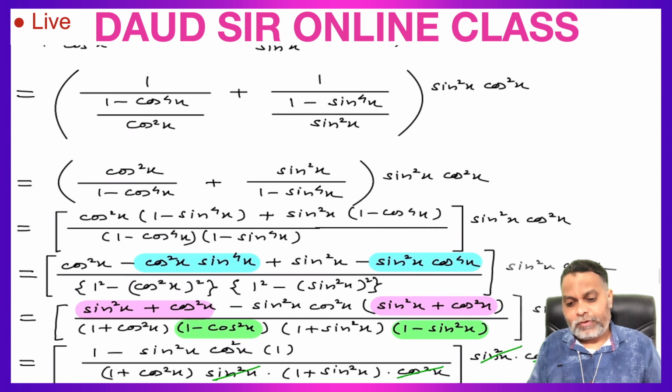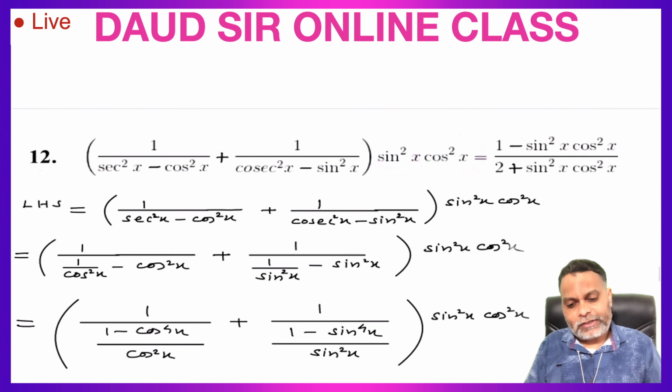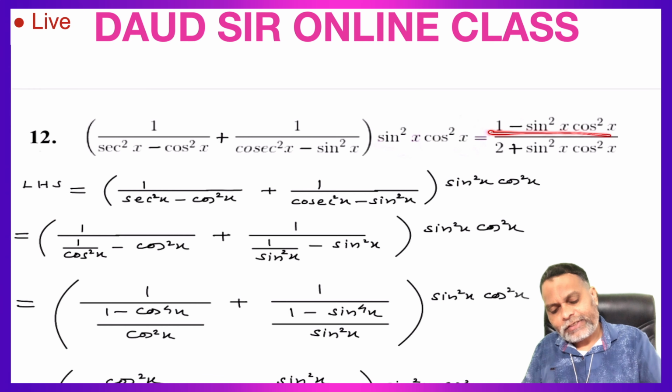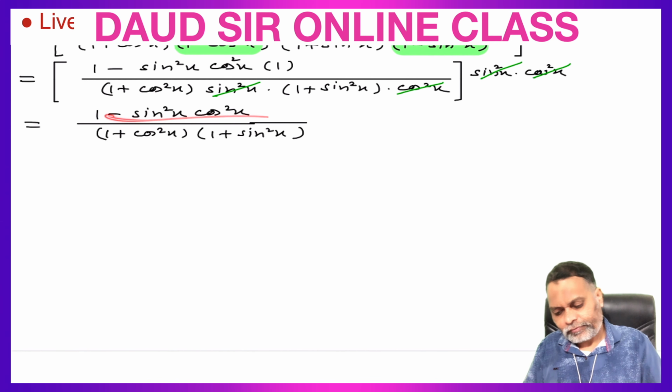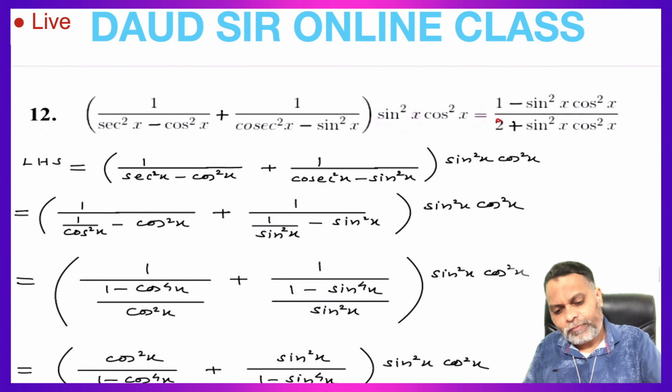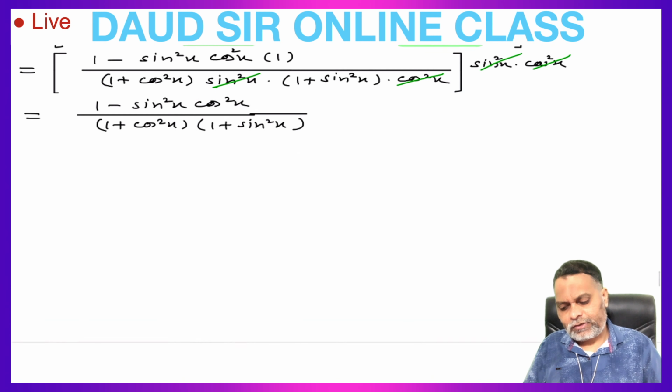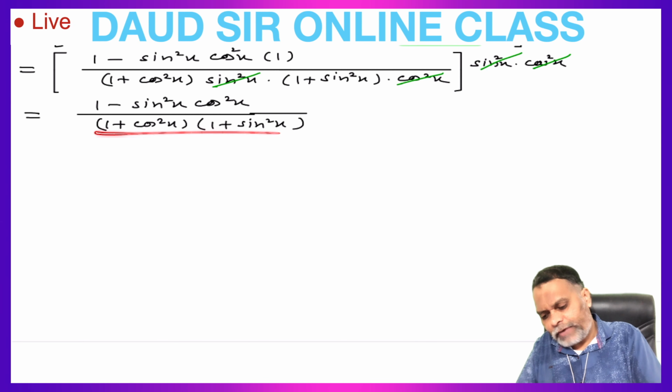Check what we have to prove. The numerator terms came 1 minus sine square x cos square x, and the denominator 2 plus sine square x cos square x. So open these two brackets,